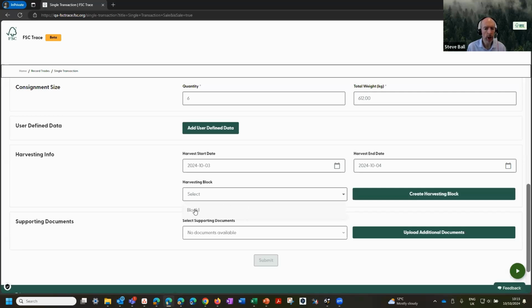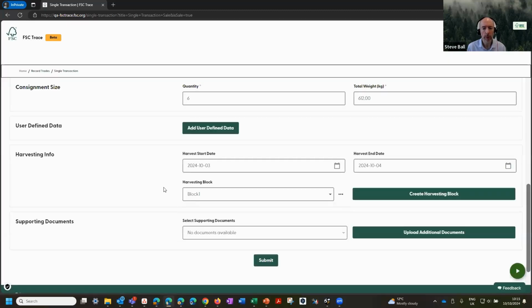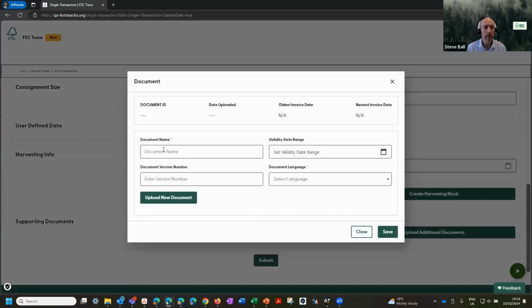I already have one uploaded, but if I didn't, then I could click on this button. It takes me to a little option where I can upload my harvesting block. I won't bother doing that this time because it's the same block I harvested before. I can also choose to upload one or more relevant documents. I think that could be a good idea because my customer's quite keen to ensure that I'm following the law. So I want to send them my harvesting plan. Harvesting plan